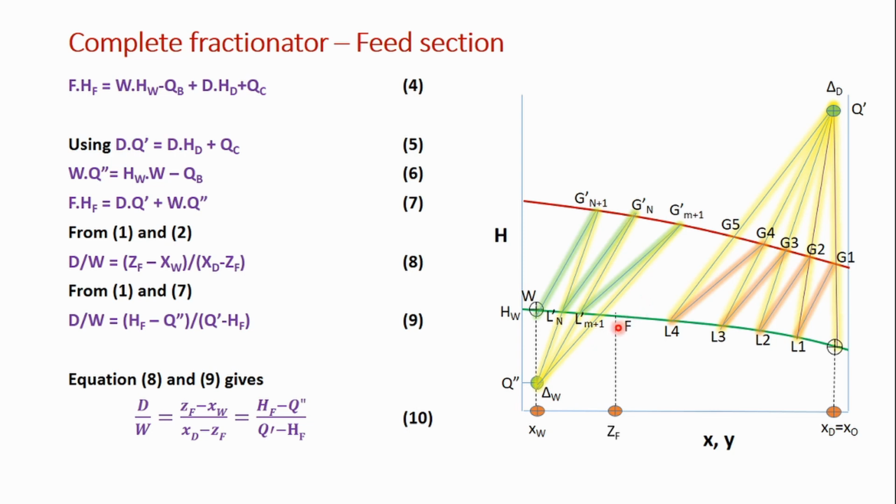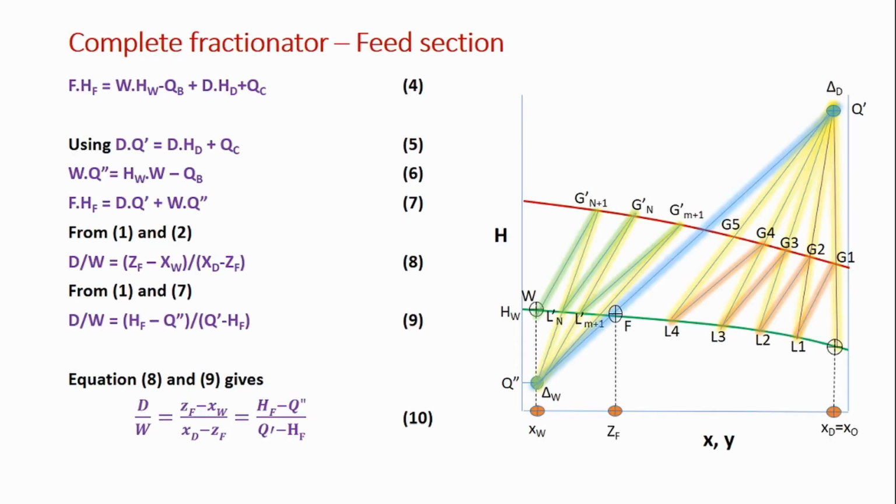Okay, let us say that the feed is at its bubble point or the feed is saturated liquid. So this is the feed point. Okay, so this point, delta D, delta W, are going to be joined with a straight line, and that line is the feed operating line. Okay, this blue color line is the feed operating line. So we saw how we can get this delta D point from the external reflux ratio.